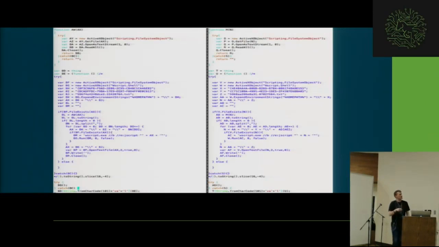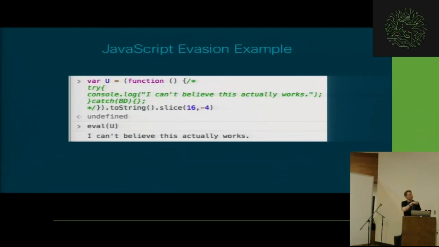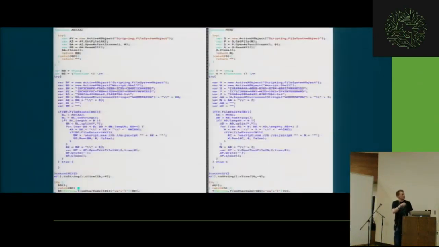Some of you might notice this is just color-coded Vim, but you can see this large comment block, or what looks to be a comment block. I was super confused when I started looking at this, because I thought they'd commented out this functionality. Well, it turns out that with a large comment block like this in JavaScript, you can use the toString function, take a slice, and then eval that. So this is a JavaScript evasion mechanism for emulation engines, is what I suspect they were using it for.